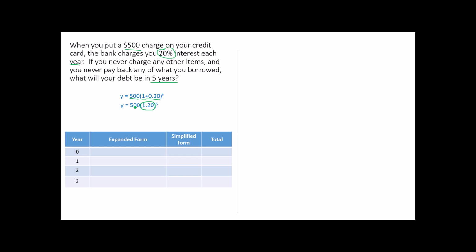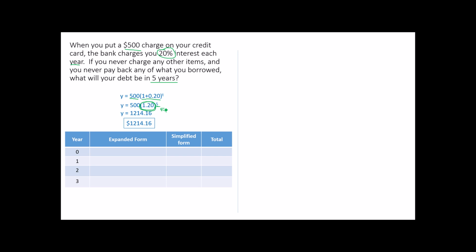Here again, that does meet the y equals ab to the x pattern. And since that's going to grow every year, I have to do it 5 times for 5 years. That, of course, we can type into a calculator, and we end up owing $1,214.16. I do, in this example, want to go back and discuss really quickly one more time what happened here,